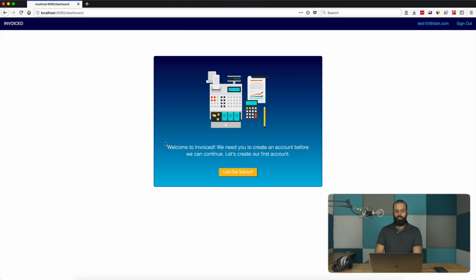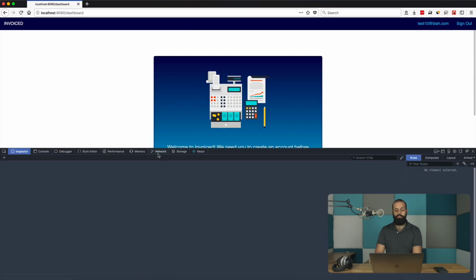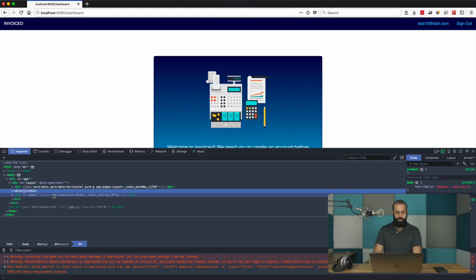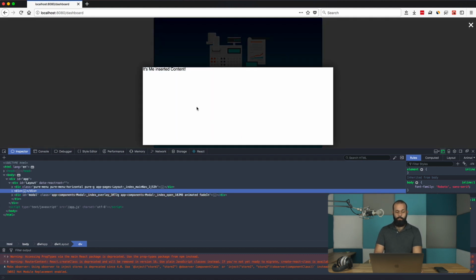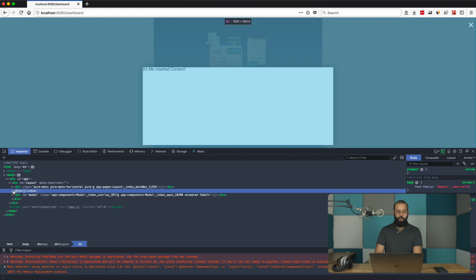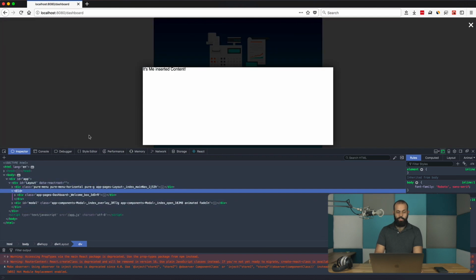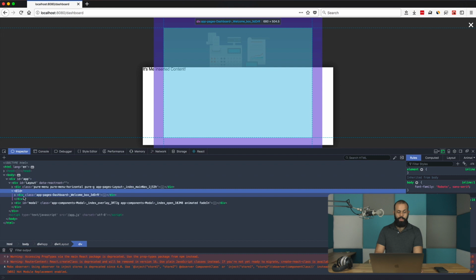Let's try this out. Let's go into the browser and do a reload real quick. Let's take a look to see if the modal box is rendered. So we can see here the modal is rendered and it's grayed out, which means it's there and it's disabled, like the way we want it. If I click here, the modal shows up and it's no longer a part of our page. As you can see here, the page is here and the modal box is here